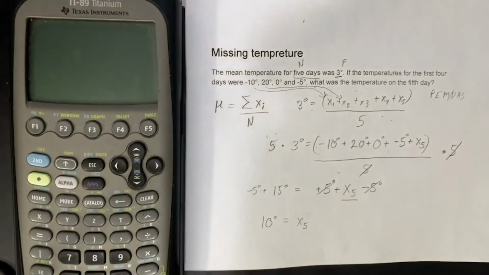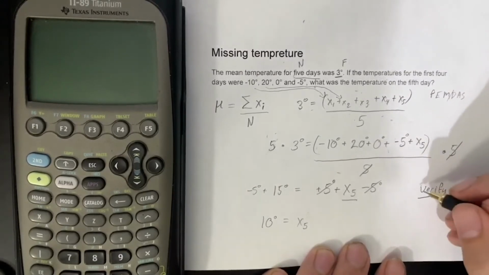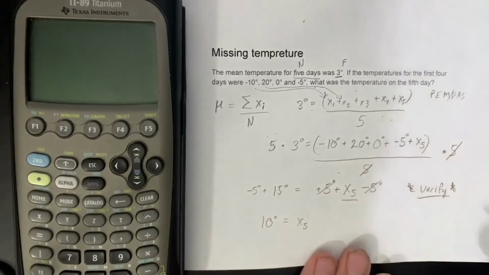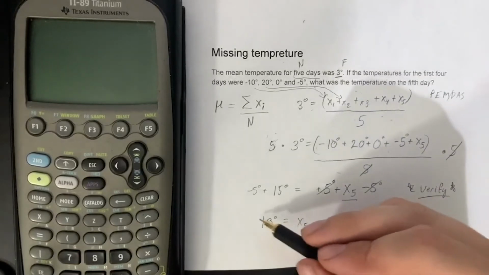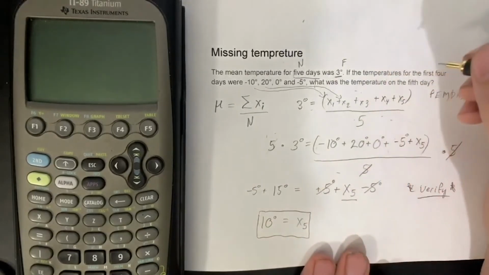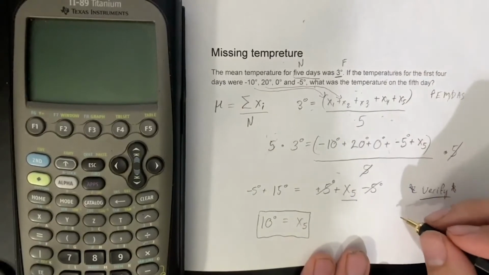Now, the last part of this is to confirm our data. You obviously saw I made a bunch of mistakes in here. I caught some of them, I didn't catch some of them. So to verify this is important. We like to verify, especially when we're given the time and the ability to do so. What we do is take that fifth day, that 10 degrees, and throw it into our data set. So we now ask, what's the mean